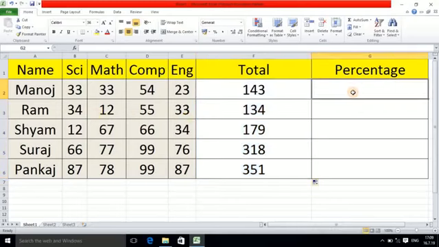Now it's time to calculate the important thing, percent. For that you have to use a formula. Here you must be aware of the math. In mathematics you should know how to calculate the percentage so that you can easily create the formula. If your math is very weak, then things will be difficult for you, so you must be a little bit aware of the math. Percentage means the total, meaning whatever mark you got, divided by the total actual mark. Here the total is 143.